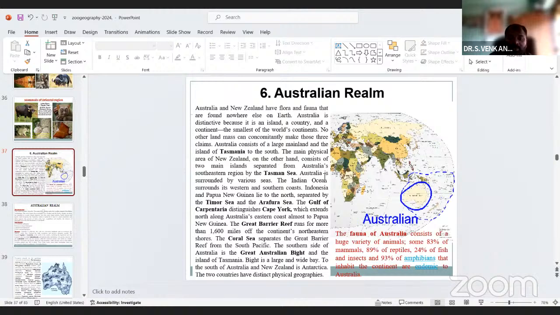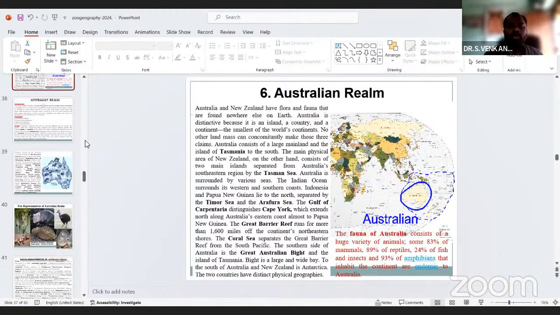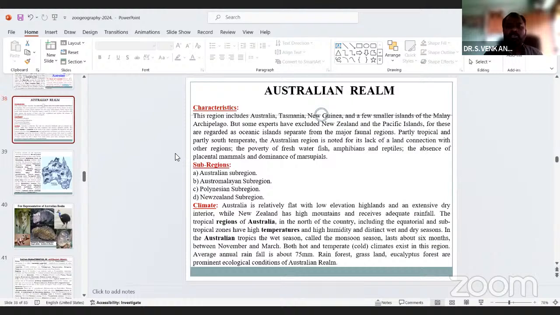To the south of Australia and New Zealand is Antarctica, and the two continents have distinct physical geographies. So this is the region of Australia, the smallest continent with very low water resources and islands. So this is the Australian realm.